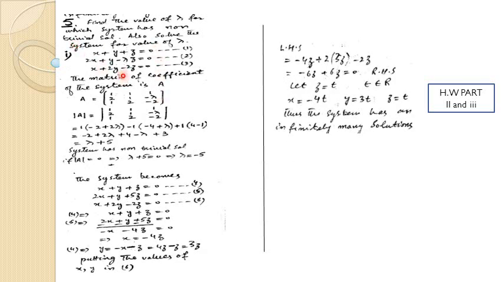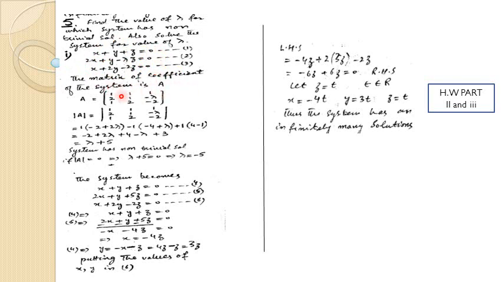Now again, trivial and non-trivial solution. Find the value of lambda for which the system has a non-trivial solution. Also solve the system for that lambda. Now first you tell me, is it a homogeneous system of linear equations or non-homogeneous? It is also homogeneous. Why? Because it is equal to 0 0 0.